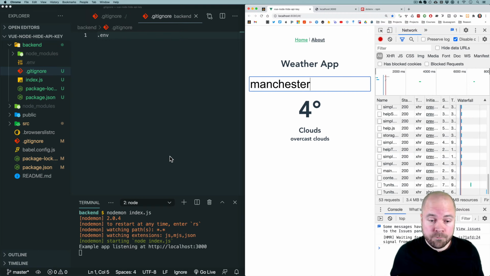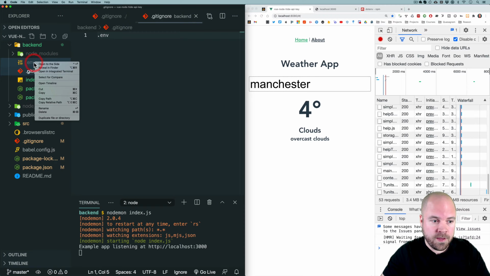However, if we are putting our project into a Git repo, then we probably want other developers to be able to launch this project, which they might not be able to do easily right now since they won't have this .env file. So let's just take a few steps to make it easy for other developers to launch this project. So what we could do is duplicate this .env file. So I'm just going to right click on that and click on duplicate. By the way, if you don't see this option, you can use the duplicate extension, which you can find in the extension store. So I'm going to duplicate that